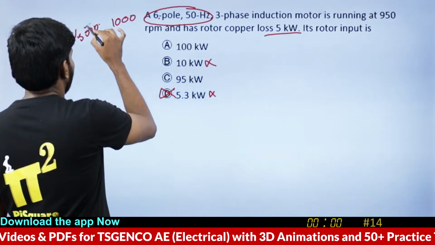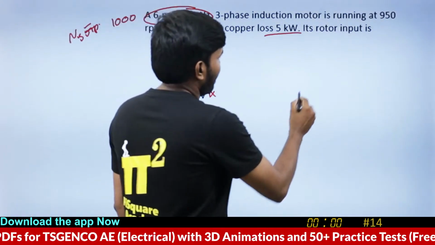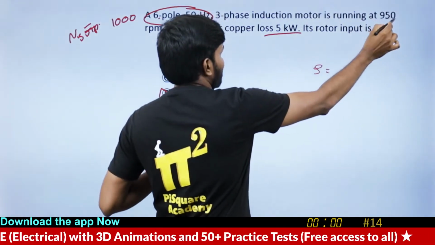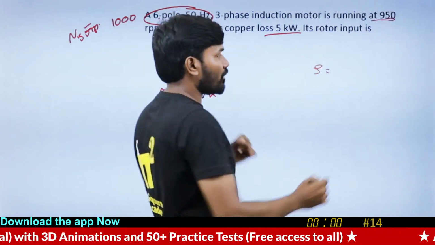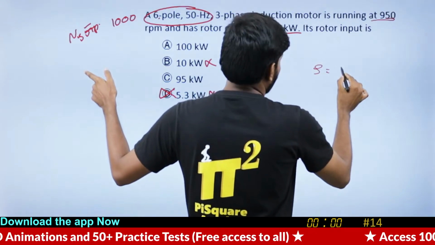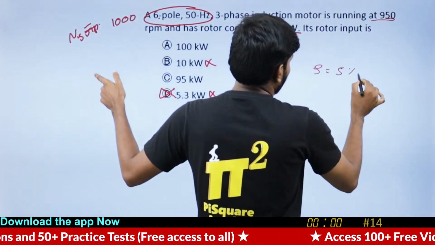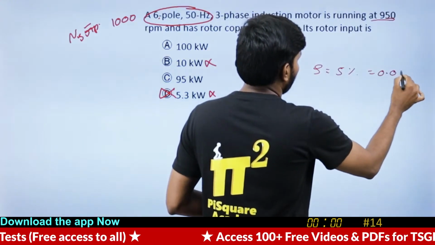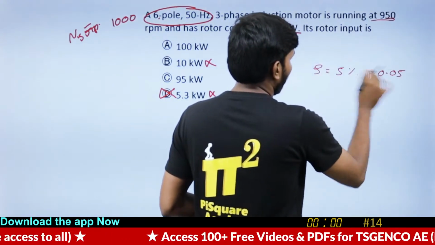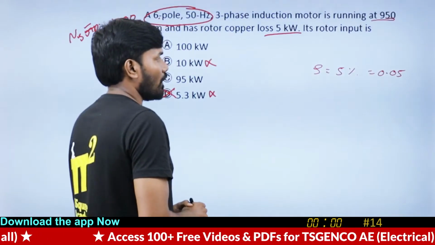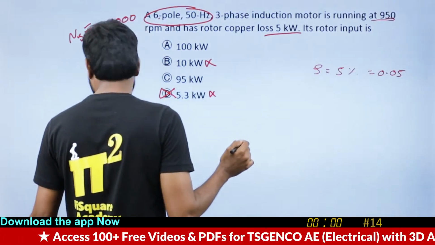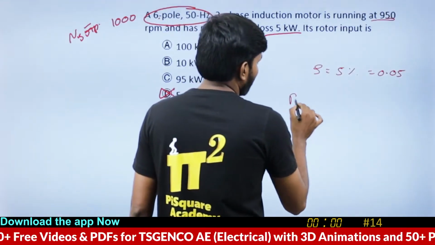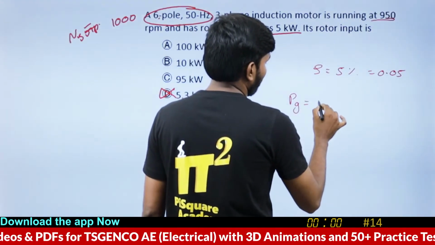Ns is 1000 RPM. And what is the slip value? Ns minus Nr, which is 50, so 50 by 1000, which is 5%. Okay, that means 0.05 per unit slip. Now from our lovely relation, you can write PG is equal to